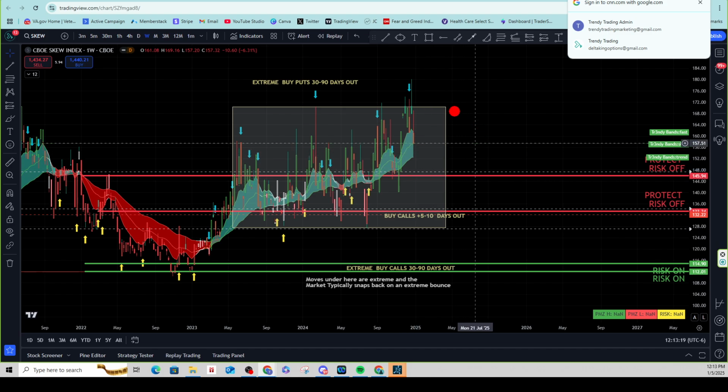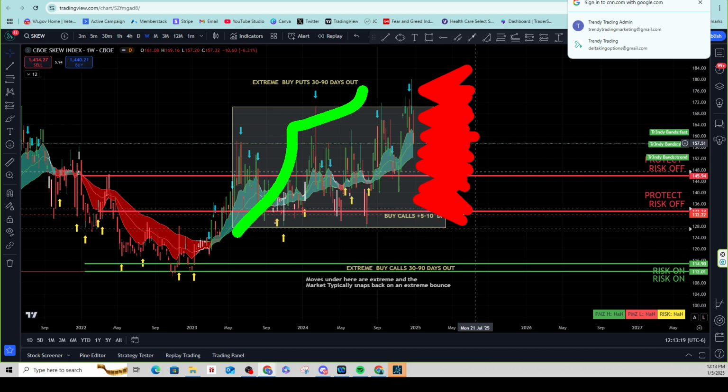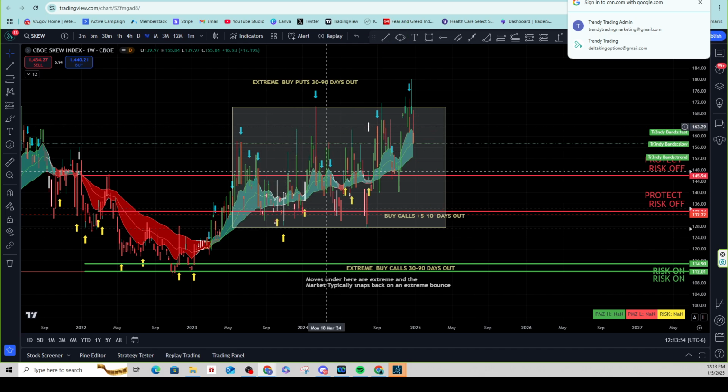Okay, now, what's going on here is as the price of the SKEW is dropping, that means there's more fear coming into the market. And you're going to see how that's aligned with the fear and greed here in a second. It also means the majority of participants are buying the put side. So they're buying insurance. Now, a lot of times when you get a lot of people on the put side, and it's been sitting there for a while, the market likes to rip to the upside and make your puts look bad. All right, and the opposite is true.